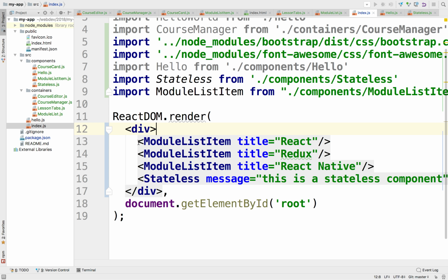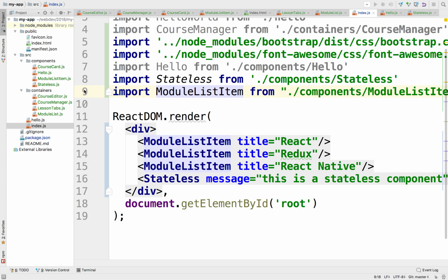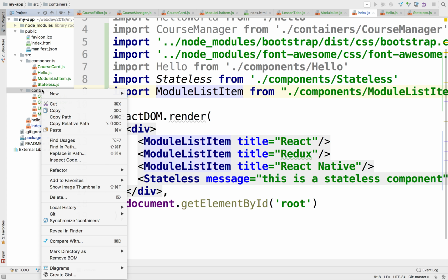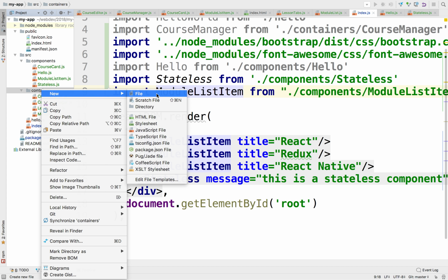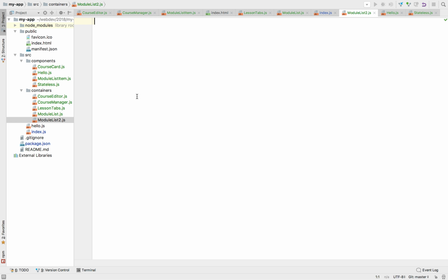Instead let's put this inside a module list. But I already solved it here. Let me show you how I solved it. I'm going to create a brand new one so I can show you. So I'm going to do file, module list 2. How's that? Okay, and in here,